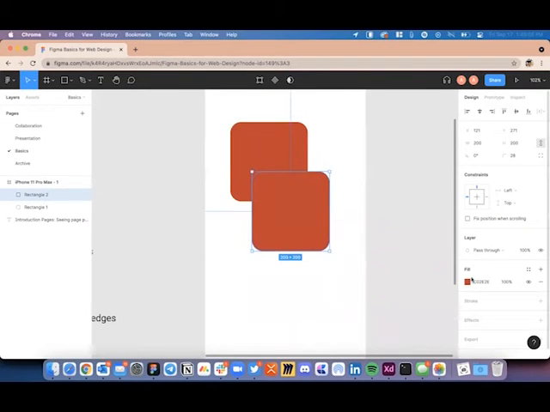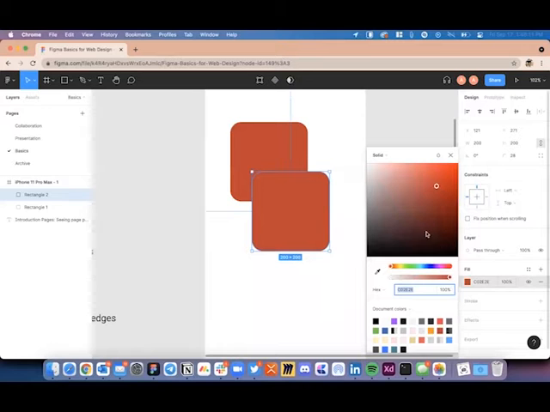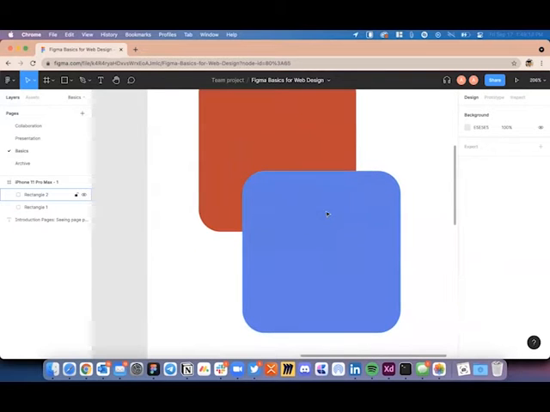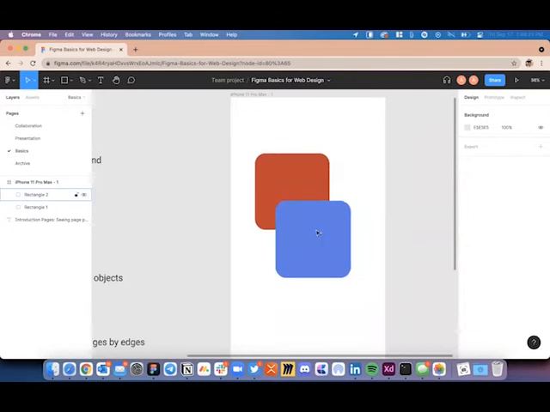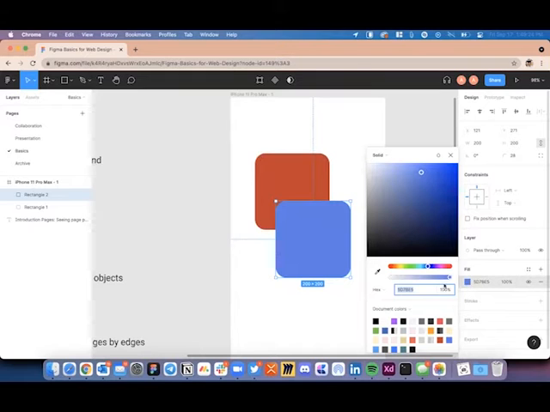The second property that I want to talk about is the opacity. If you have two overlapping shapes, you'll see that there's no transparency effect being created right now. If I want to create something like that in my designs, I can just reduce the opacity. The lesser the opacity, the more transparent your object gets, and it allows you to give a see-through effect through your object. So this is how you can create the transparency effect by modifying the opacity of an object.